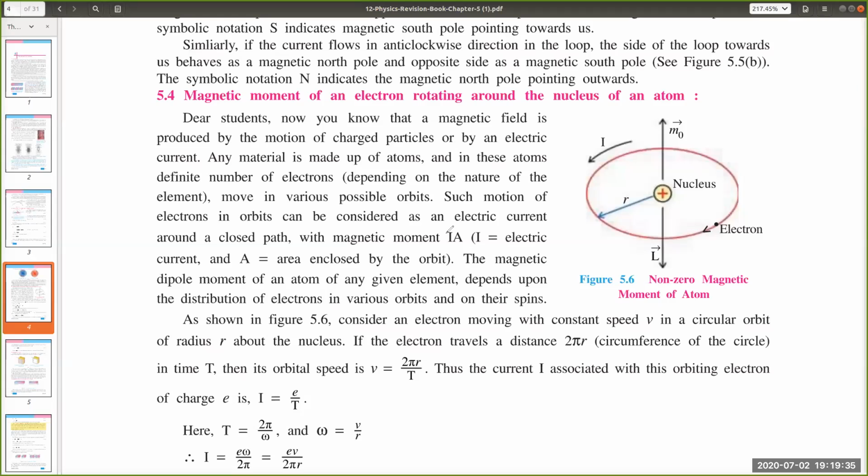Okay, fine. So see, this electron is revolving like this. Then what is the speed? The speed of the electron is v. If it takes time t to complete one rotation, v is 2 pi r by t. You understood this? 2 pi r by t, where t is called the time period, right?